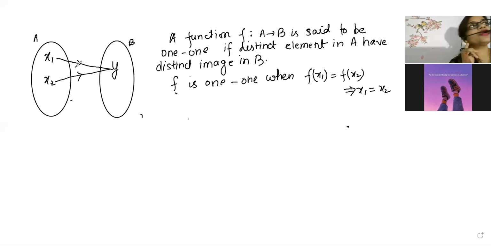So here, what you have to prove is that these two elements, which are mapping to one single codomain element, are not two, it is exactly one. Your specific idea should be there. And in the entire session, you will be doing this only. You have to start with f of x1 equal to f of x2, and you have to drag it towards x1 equal to x2. If you are successful in doing this, then only it is 1-1, otherwise it is not 1-1. I will show you some examples now itself where it will be 1-1 or where it will not be 1-1.